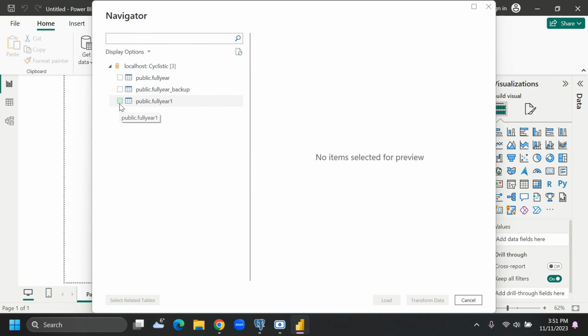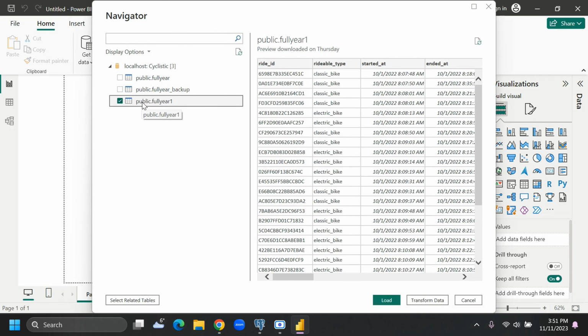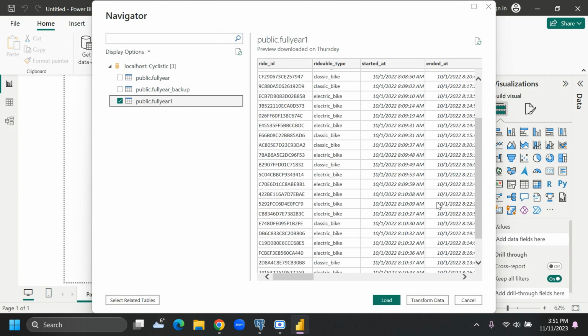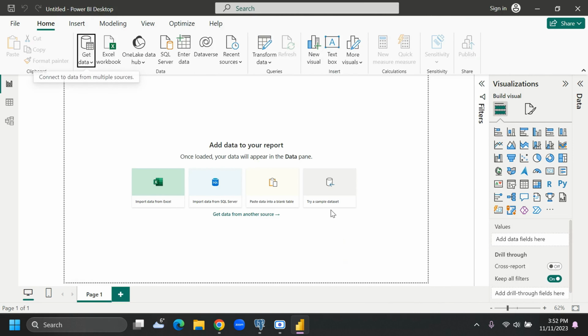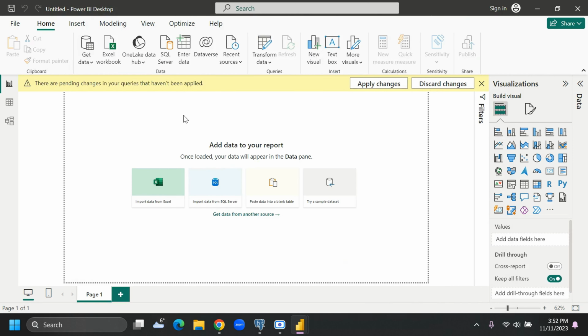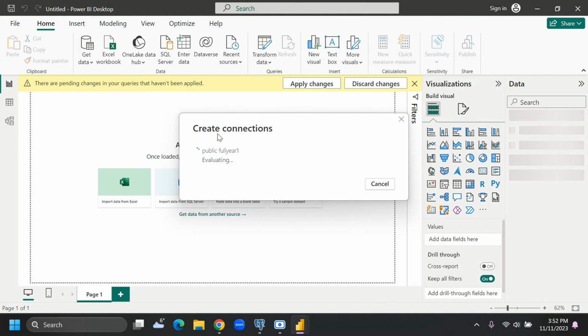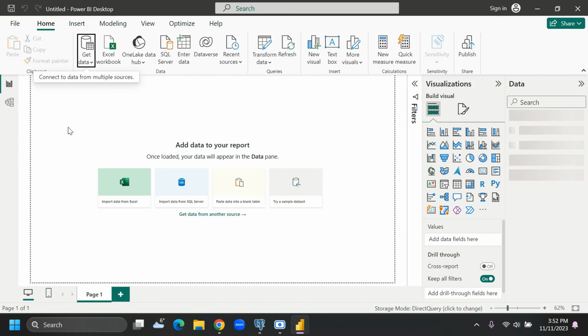Now let's see, we will try to load this table and it will show us this table. If we want to modify it in Power Query, then we click on Transform Data. Unless we just want to load it directly into Power BI, then you click Load. Okay, it's creating the connection. And after a while it has created the connection, and